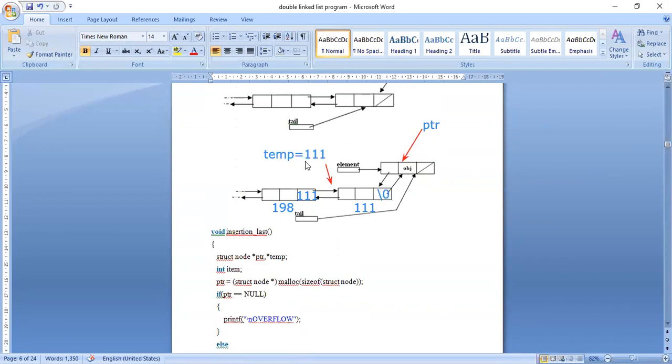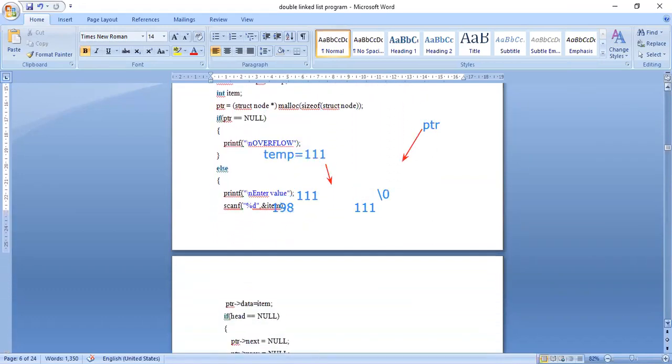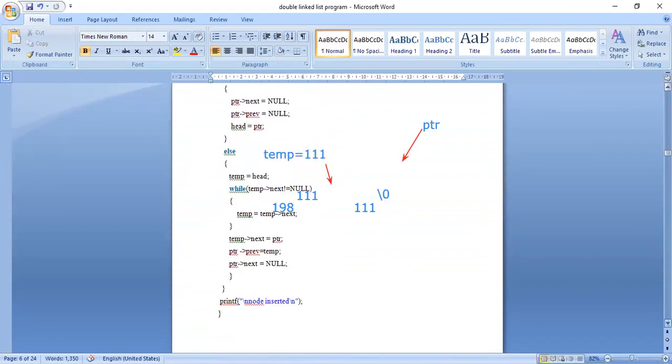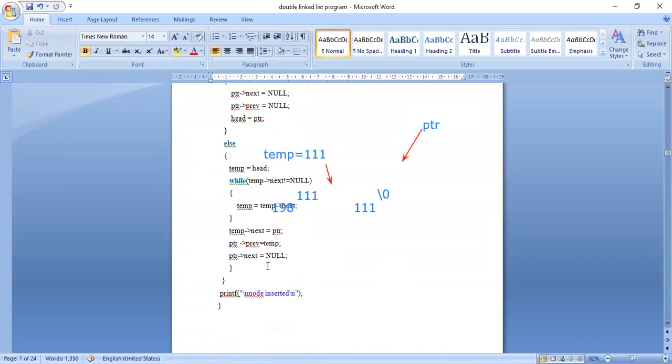See here, this temp of next I am changing. Pointer of previous I am changing. Next, what I am doing? Pointer of next I will be changing. Pointer of next is equal to null.